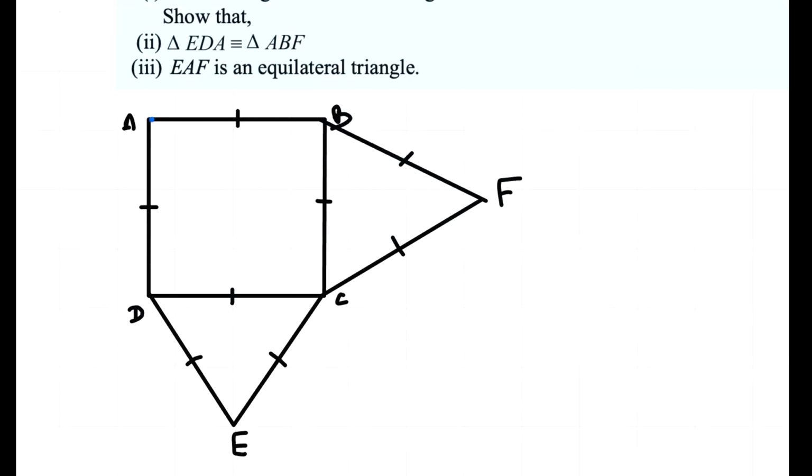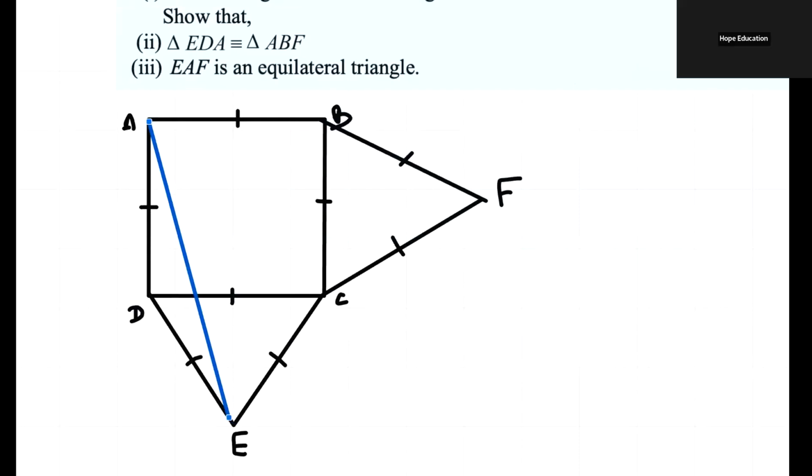I will connect this. So I have a triangle EDA. Right. This is one of the triangles. Like this. Then